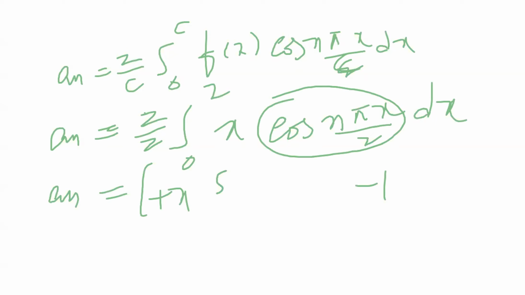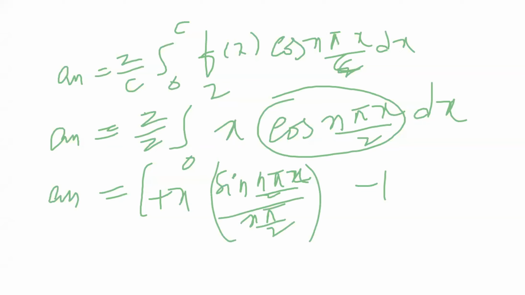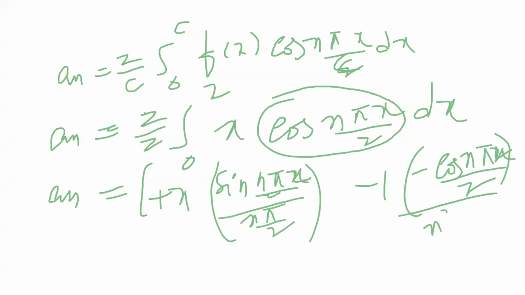Integral of cos n pi x by 2, it is sin n pi x by 2 divided by n pi by 2. And integral of sin is minus cos n pi x by 2 divided by n square pi square by 4. And simplifying the equation,